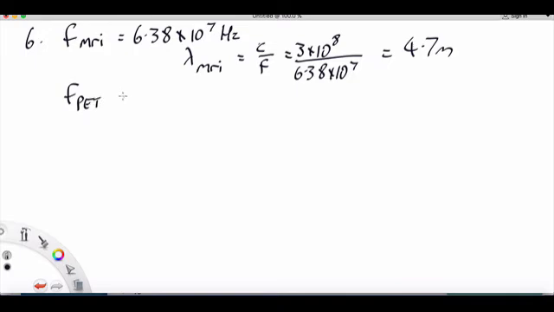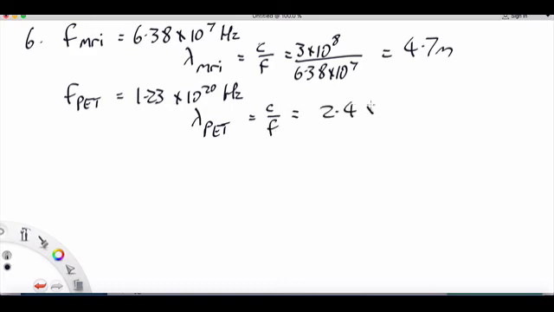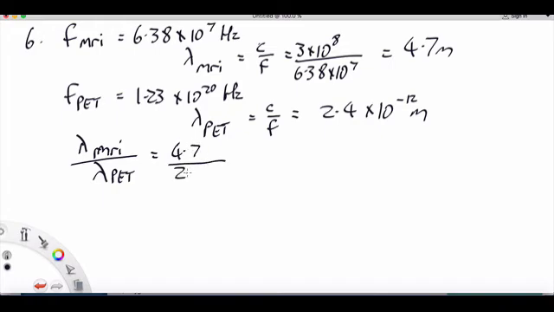Frequency of the PET scan is 1.23 by 10 to the 20 hertz. So that means the wavelength for the PET is C over F is going to be 2.4. I think you can fill in that step yourselves, to the minus 12 meters. Now the ratio lambda MRI over lambda PET is going to be 4.7 divided by 2.4 by 10 to the minus 12